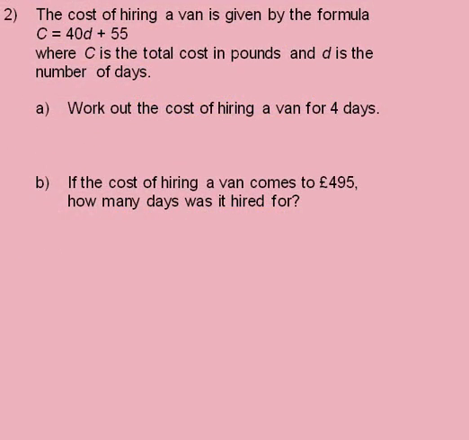This question's done in a similar way. I've got the formula, which is C equals 40 times D plus 55. And D is 4 because I want to hire the van for 4 days. So that's 40 times 4 plus 55. When you work out this answer, you should get